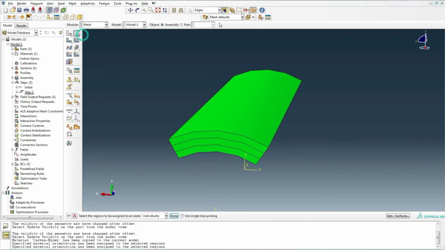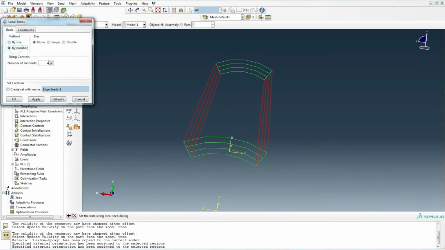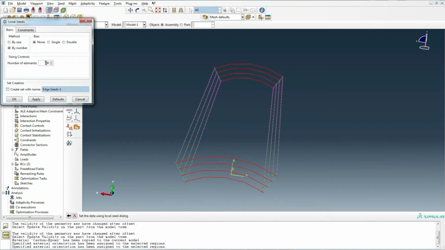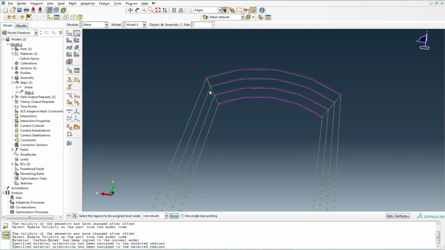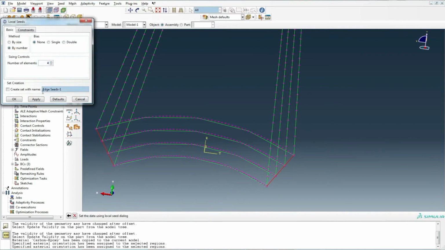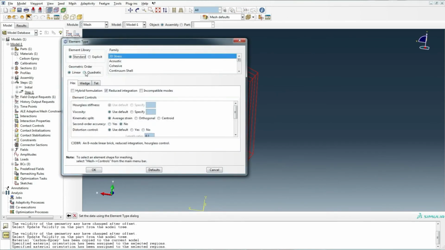Then after the meshing is done, after a convergence study, and we take the 3D type elements.